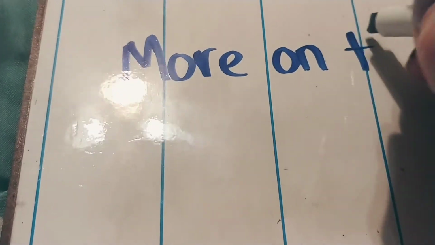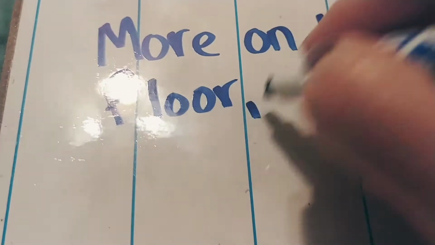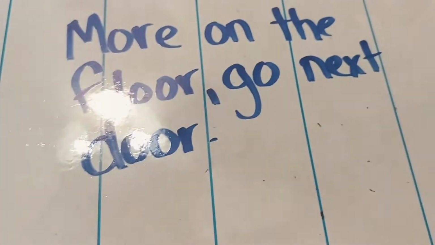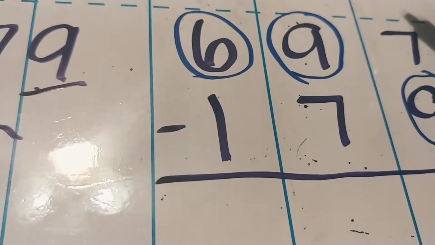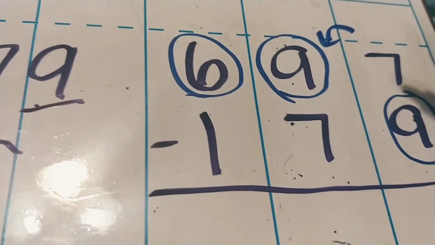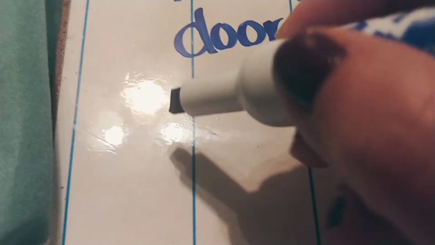Okay, so now that we've done that, we notice that we have more in the ones place, so we are going to go next door. We're going to go over to the tens place, and we're going to take 1 away from there. But when we take 1 away, what we're actually doing, and I'm going to write the number 697